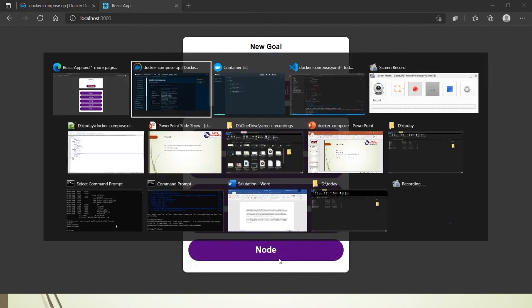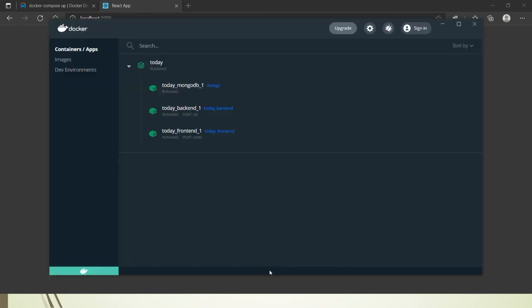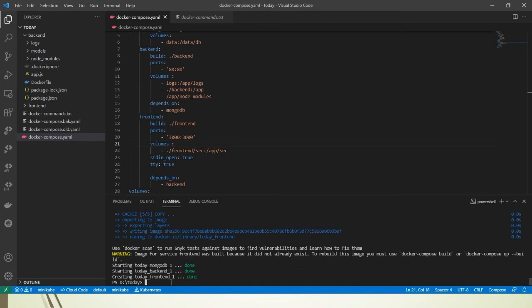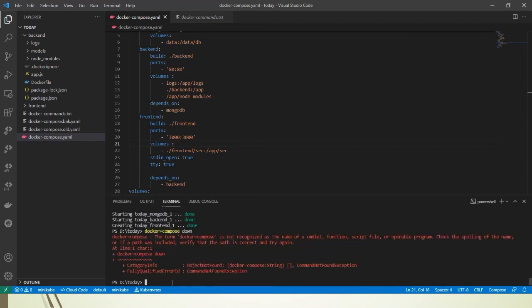So let us bring it down once. It is just docker compose down.